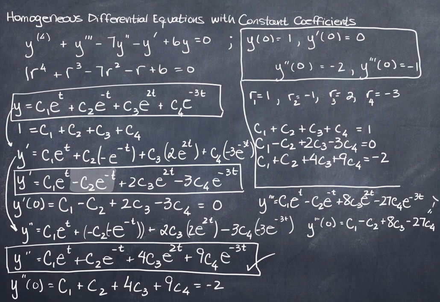So that's the fourth line in my system. That's what I've been doing here, is building up a system of equations. Right, so let's write that out. I get c1 minus c2 plus 8c3 minus 27c4